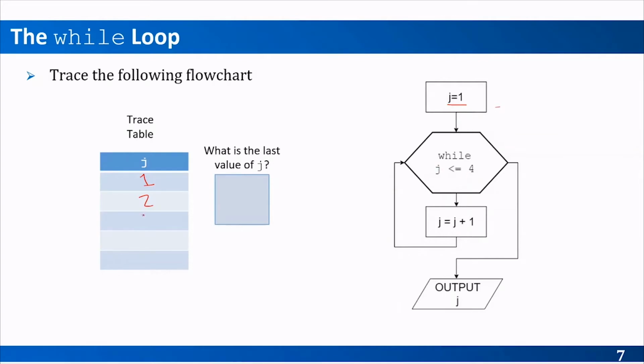4? Yes. Increment. Is 3 less than 4? Yes. Increment. Is 4 less than or equal to 4? Yes. Increment. Becomes 5. Now, after 5, you go back here. So now j became 5. Alright? So what you would do, come here and ask, is j less than or equal to 4? No. Then in this case, you exit point. So j, the last value for it, is going to be 5. Alright? So that is the trace of while loop, and then you go and print the output, which is going